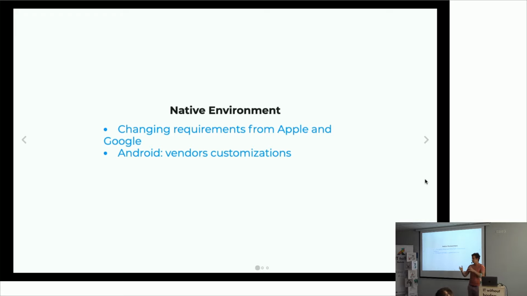And sometimes iOS releases cool features, like analyzing how much time you spend in one app or another, and that may break your application because they are analyzing your application.